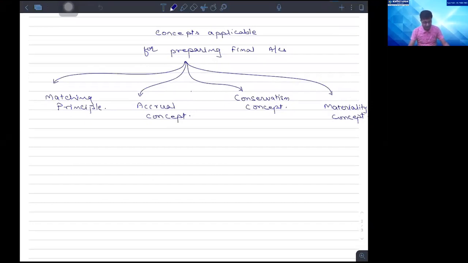The matching principle basically says that you are expected to match the expenses for the period with the income of the same period. Means what? Whatever incomes and expenses you recorded in this year, where did this year come from? There is a concept called periodicity, that the total period, the total span of the business, should be divided into small periods, and that small period is considered using the periodicity concept. I'll just present the background first and then we'll go ahead.